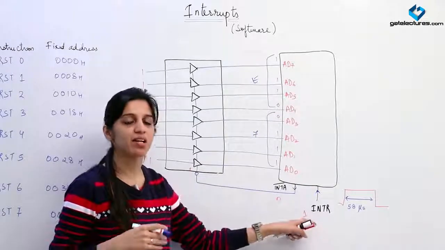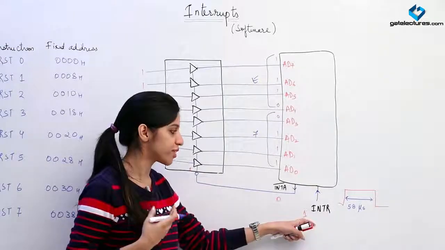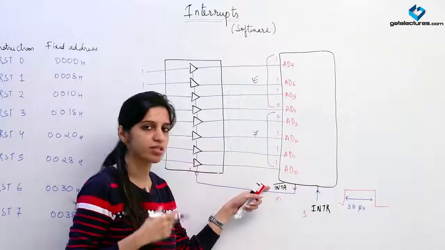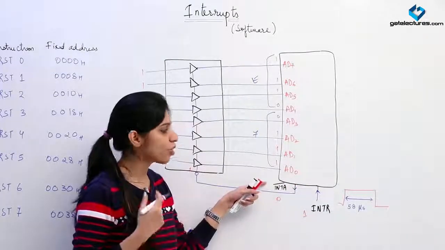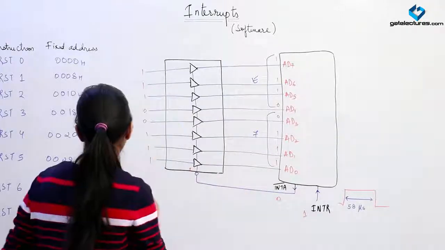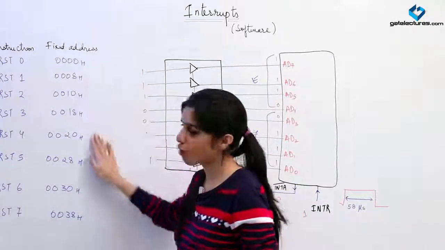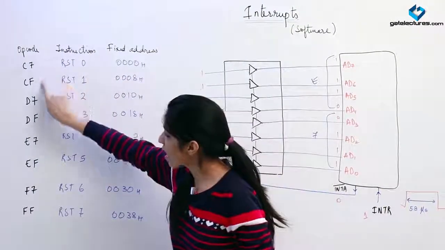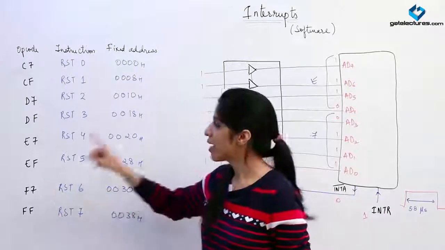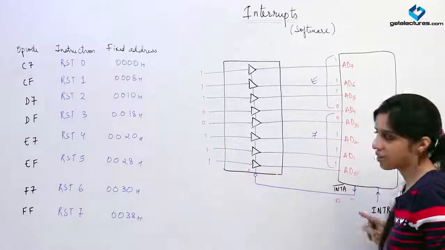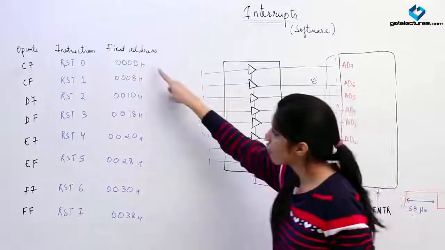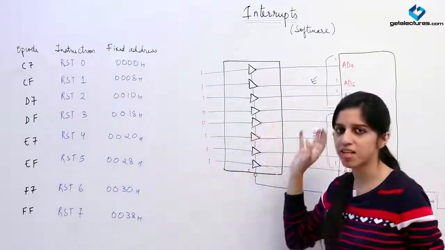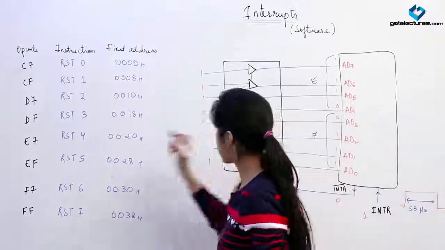Since INTR is a non-vectored interrupt, it does not have a fixed address. Whenever this is raised, the microprocessor is going to send out the signal INTA bar to obtain the opcode. Now what happens? See, there are 8 software interrupts, RST0 to RST7. These are their corresponding opcodes. There is no fixed address where this INTR is going to branch. Any of these addresses may come here and the input is treated as the opcode. Since now we have got E7,